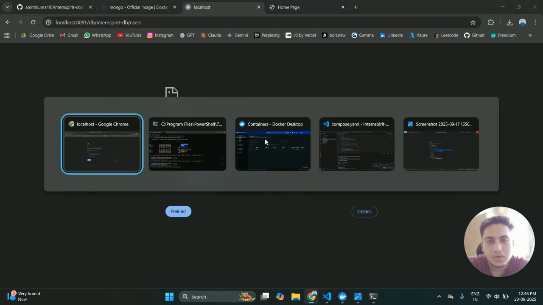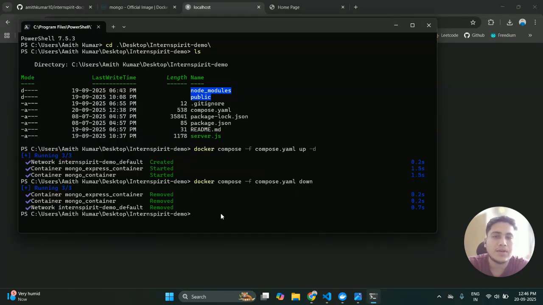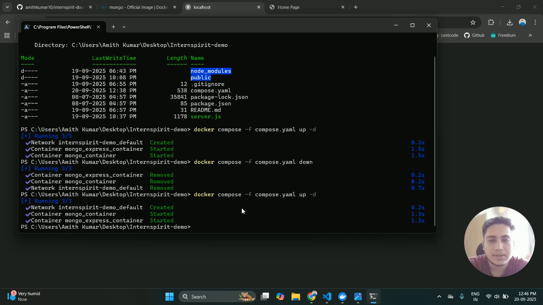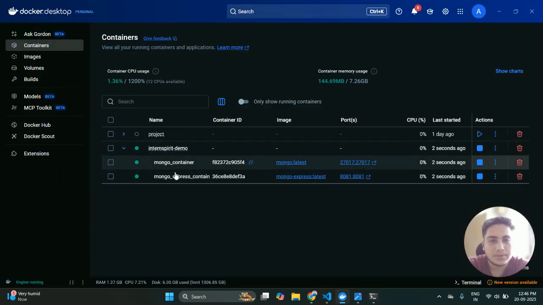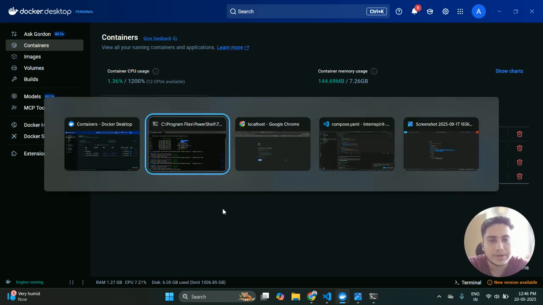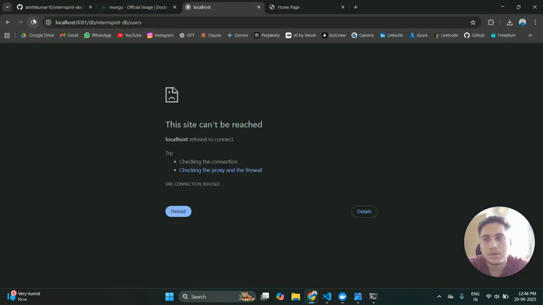Now imagine you have come back the next day and you want to start working. So you do docker compose .yaml up. You want to create this container again, so you hit that, the container is created and it has started. Now if you go to your Docker Desktop, you will see all these containers have been created. Now if you go to this localhost and reload,